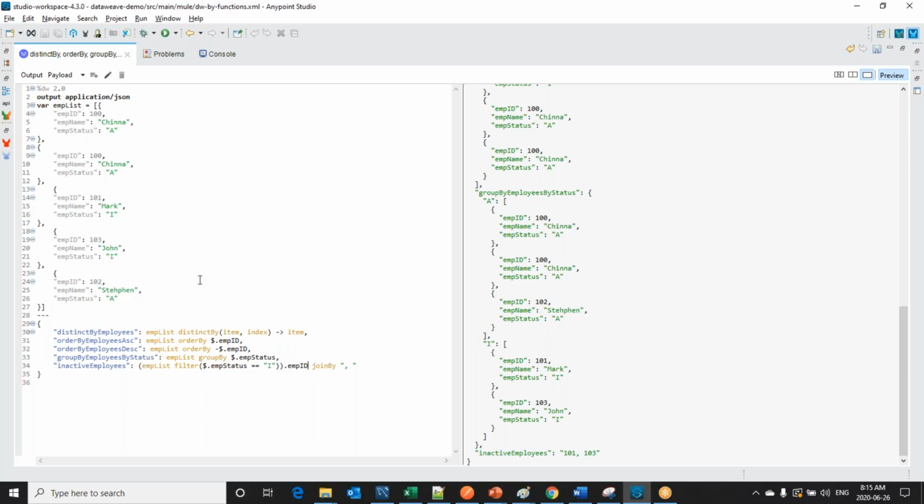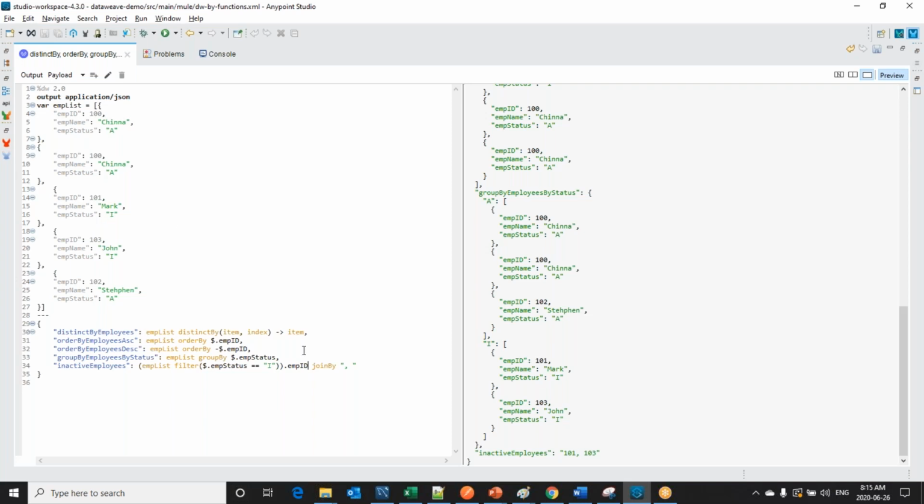Sometimes in real time, we would like to insert some error-related data. Assume we are processing a collection of records to Salesforce. Among them, assume we are processing 20 records, of which 12 are success and 8 failed.